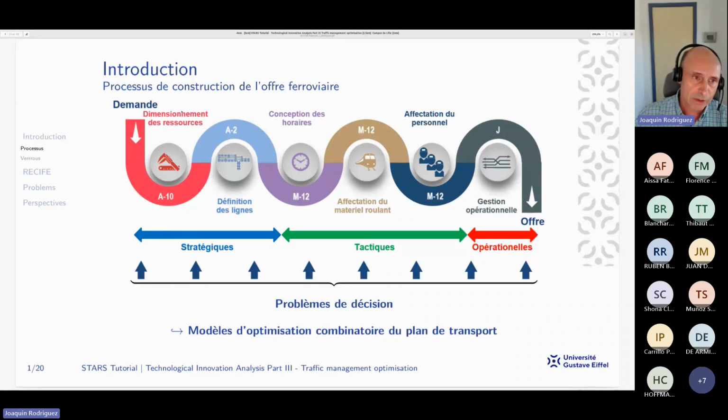We can see that at the beginning on the left, we start with the demand analysis in order to define the resources to build, meaning, for example, how we have to build new stations, if we must add new lines and so on. So this decision must be taken many years before, 10 years, for example, or more. Also, we have to take a decision, if it is a railway undertaking, to buy new rolling stock or to hire new